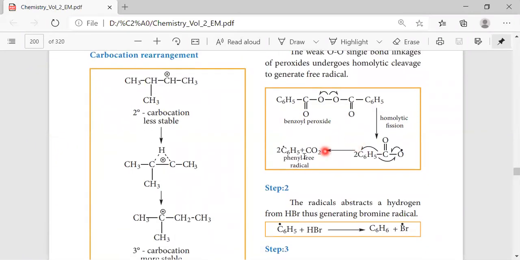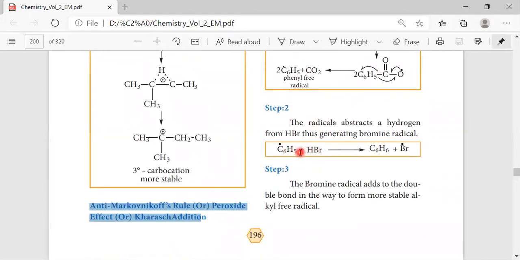Now we'll move on to the mechanism of this. See here, this benzoyl peroxide, C6H5COO, again C6H5COO, that is attached with the O. This is a peroxide group, right? So on homolytic fission we are having cleavage, so that we are having a radical formation. Again with HBr it leads to form C6H6. Okay, so the one hydrogen will get added to this C6H5 and then it is eliminated as a